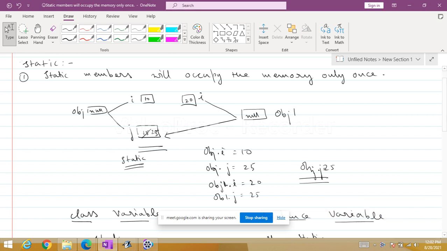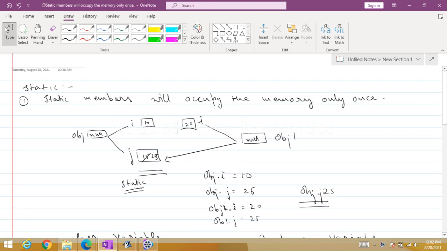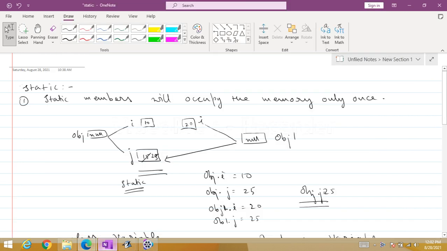Properties of static. So static is a kind of keyword that we use in a program. If we are using it in a program, there must be some property which is followed by the static keyword. So the first property, please note it down: static members